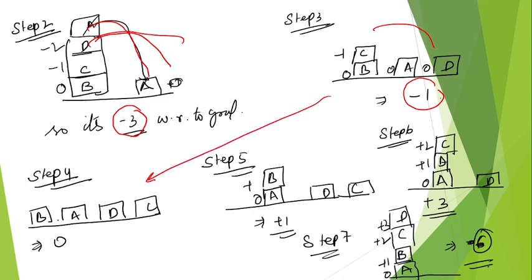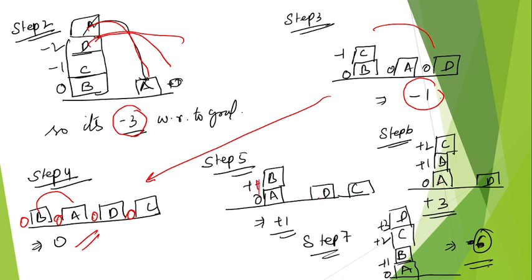Then we go to step 4. What is step 4? B, C, D, A. Minus 1, before B 0, before A 0, before D 0, before C 0. We have got 0. Correct? We got a very good step which is going to come down here. Next comes step 5. What is that? 0. I place this B on A. So after A plus 1. Correct? Plus 1 comes. D and C are left out.